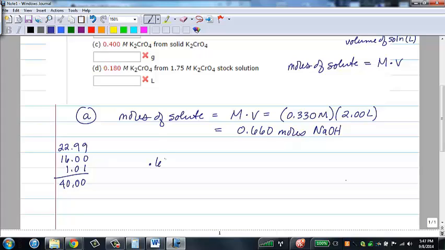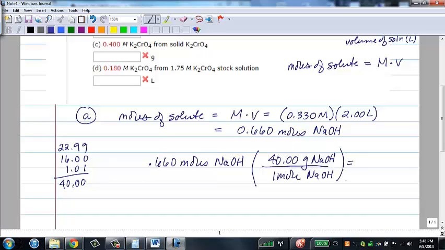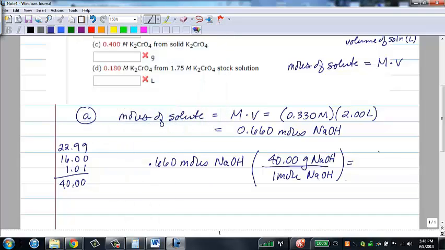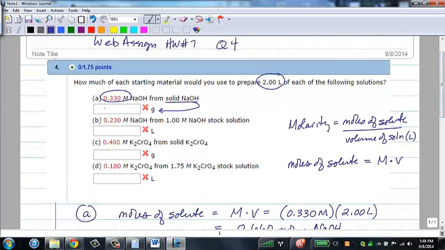So we'll take 0.660 moles of NaOH and multiply it by 40 grams of NaOH in 1 mole. 0.660 times 40 is equal to 26.4. So we'll have to weigh out 26.4 grams of NaOH in order to make 2 liters of the 0.330 molar